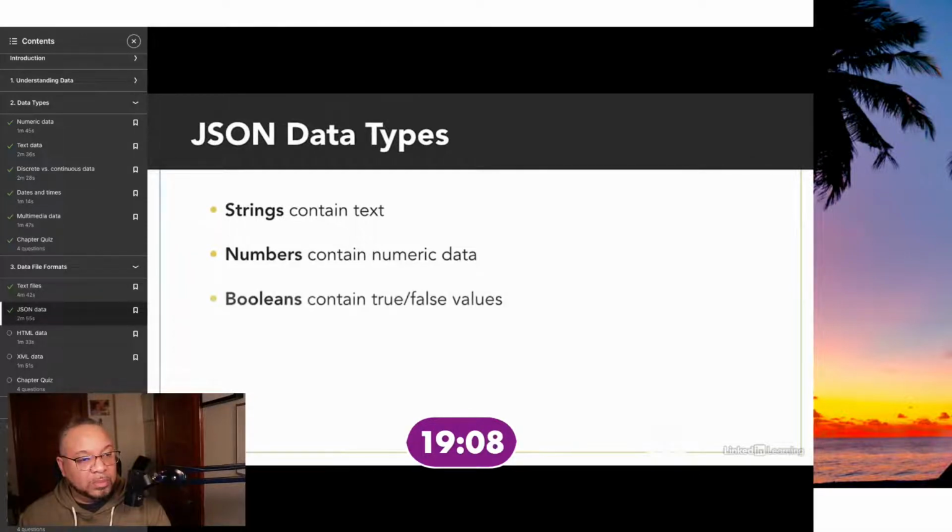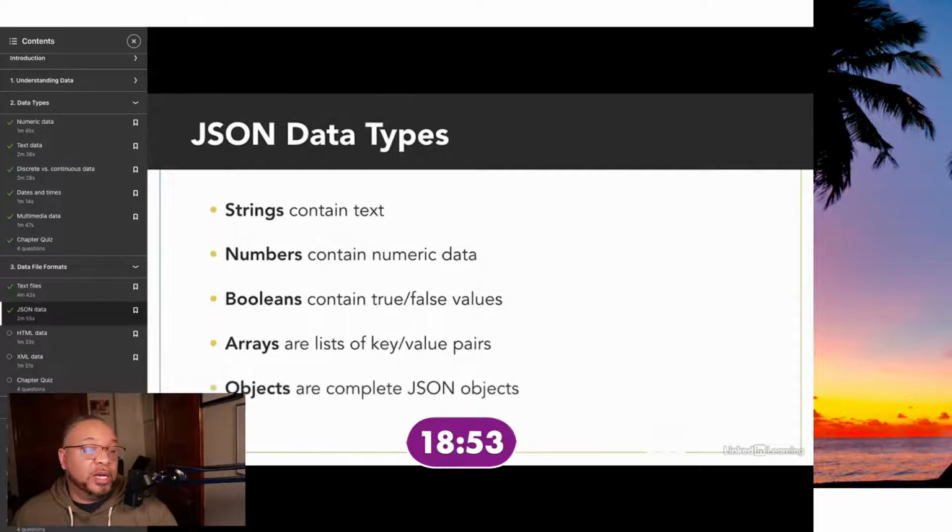We can also have Boolean values as a data type. Boolean values are either true or false and do not appear in quotes. JSON objects may contain arrays, which are lists of similar elements. There are a series of key value pairs contained in square brackets. And the final data type is the JSON object itself, which is enclosed within curly braces. In complex data structures, you can have nested JSON objects, where JSON objects contain other JSON objects.